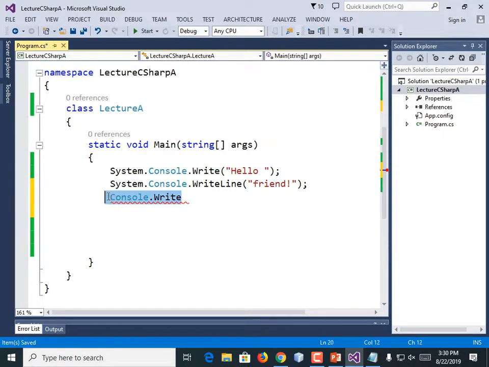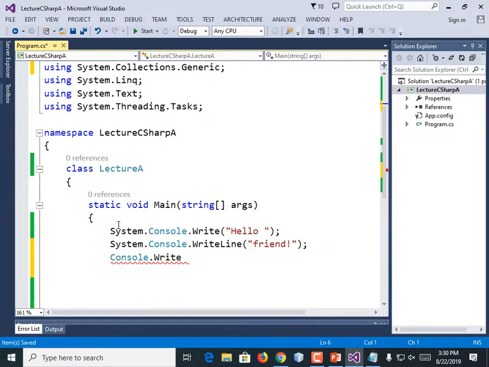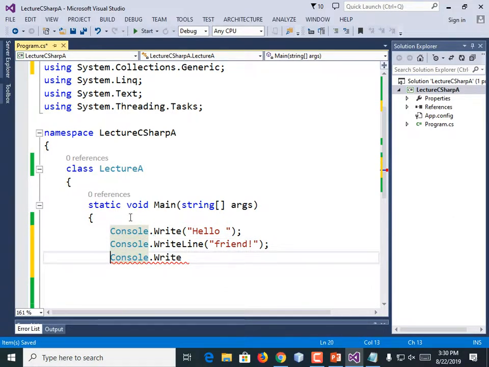Anyways, good point. Since if you tack that on up there, if it's not already there, and it should be, we could leave off the system dots and just make it console and save ourselves some typing. I like that idea. Saving typing is good. Okay, so there we go. There's our code.